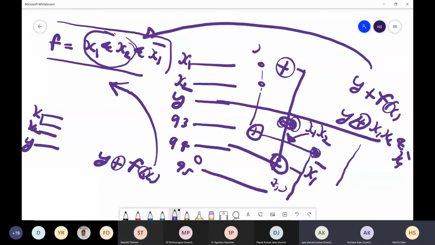And then Q5 will have x1, x2 and x1 bar, that is fx. Now if you apply a CNOT from Q5 to Y, it has your fx. Then you just make Q5 the control and Y the target.